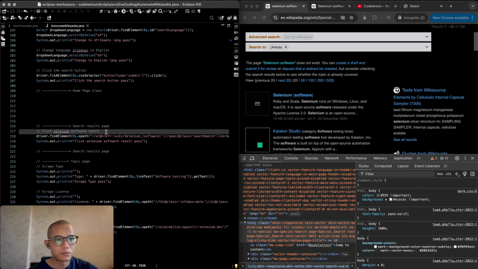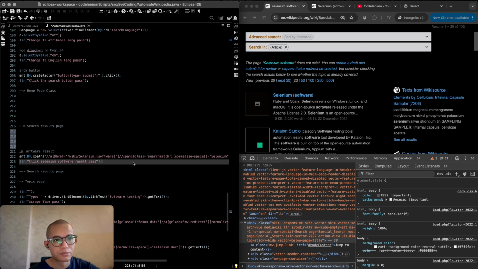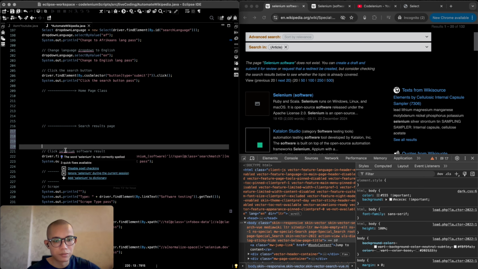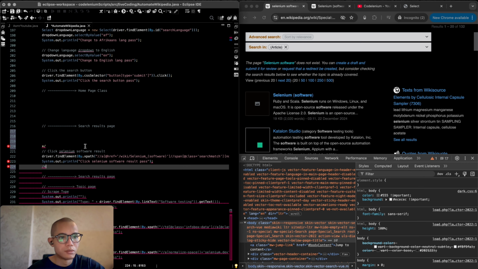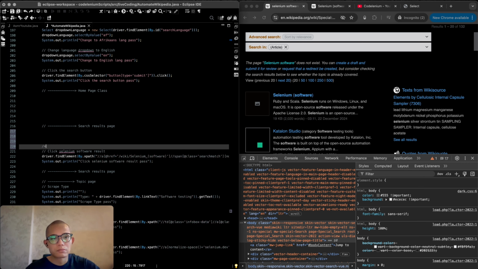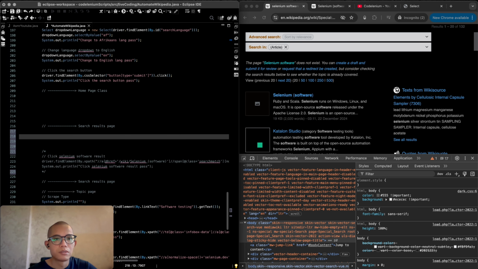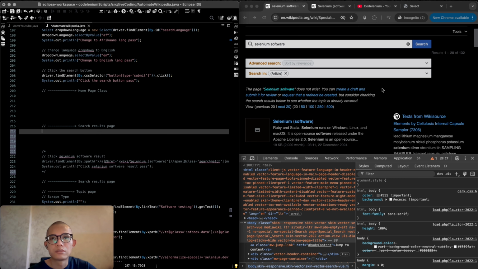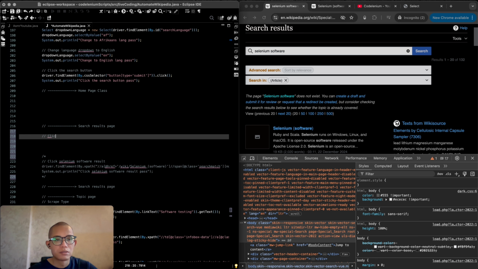So here we don't want to click first. So we should put before the click. Or I can just comment this out first so that we don't go to the Selenium page at all. Okay, and let's use the advanced search. So click advanced search